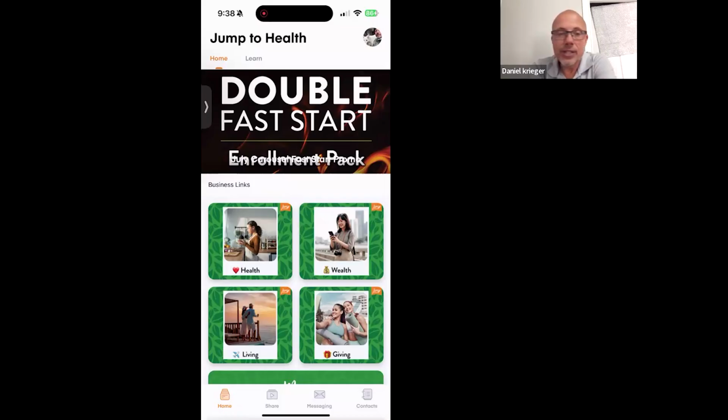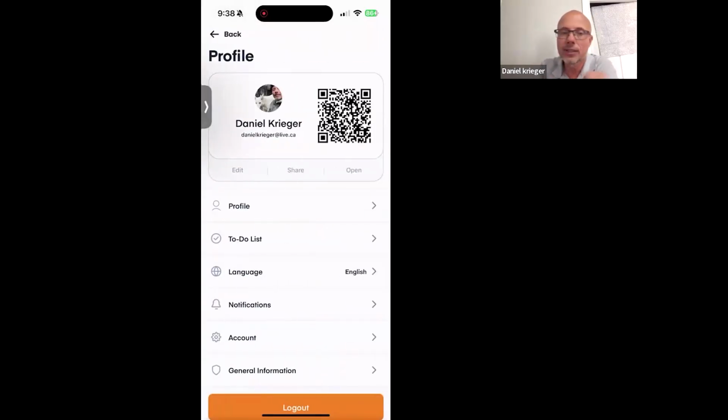Well, the very first basics is open up your app, which is what you see on the screen right now, the opening screen. Very basic, without going into details, you want to customize your app. If you go to the very top corner where you see my picture, you probably won't have a picture yet because you just opened the app. You will click on it. Yes, you see my picture and all that stuff because I've already added it. But just the basics: press the edit button underneath my name,